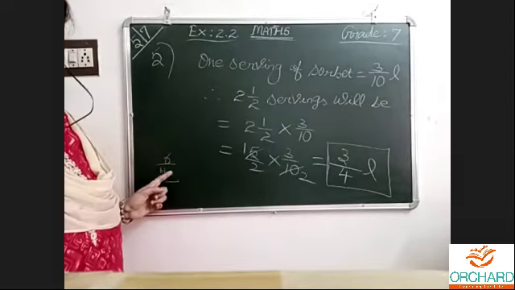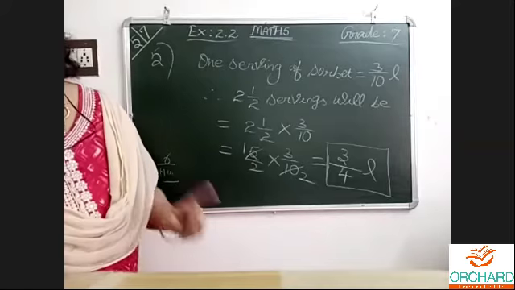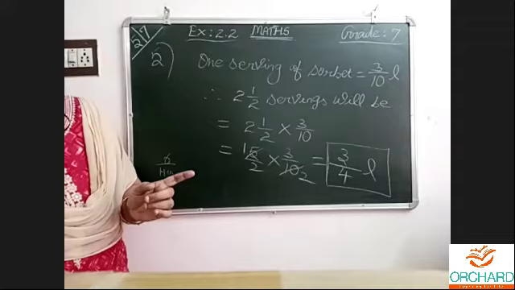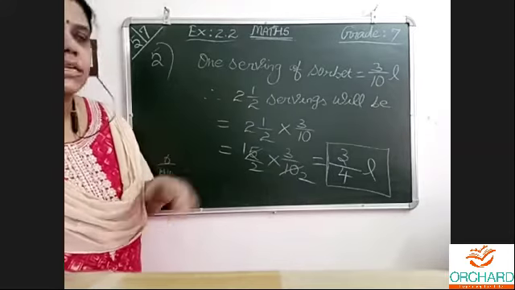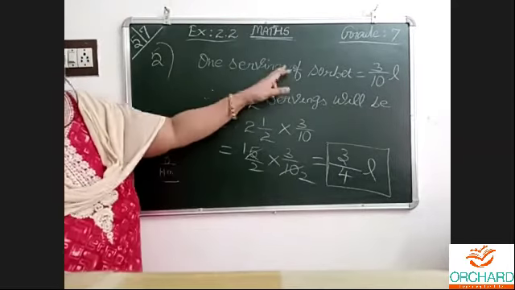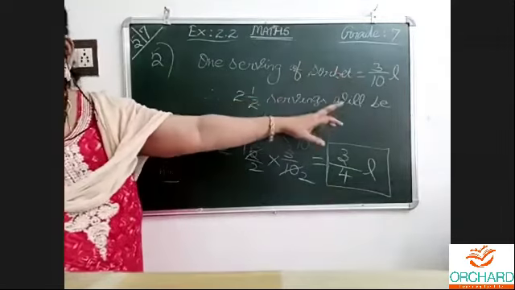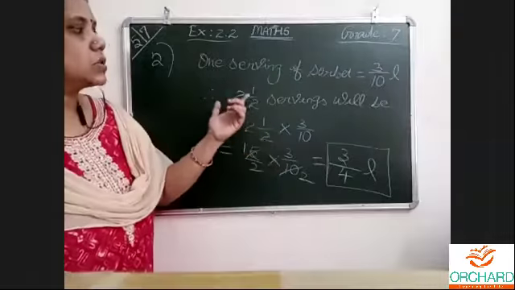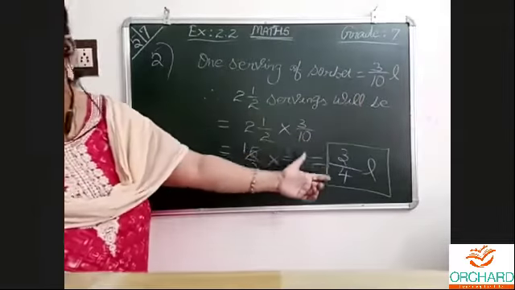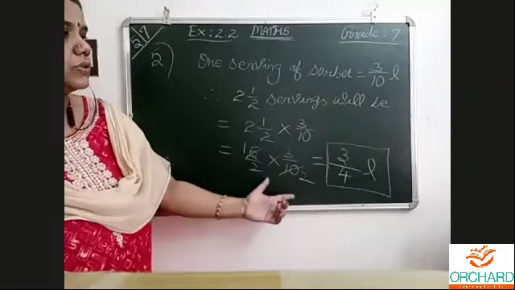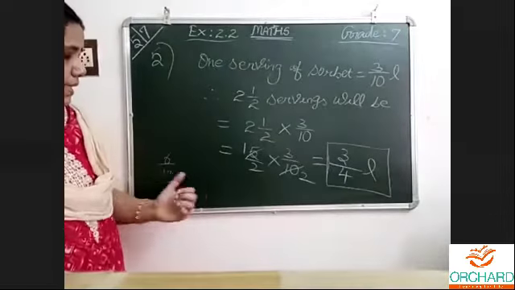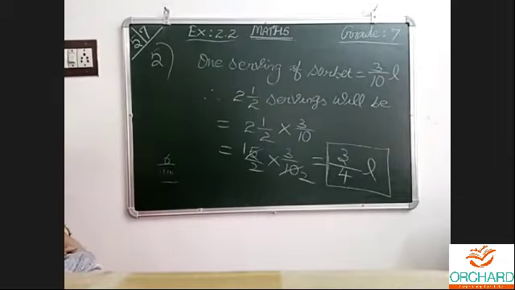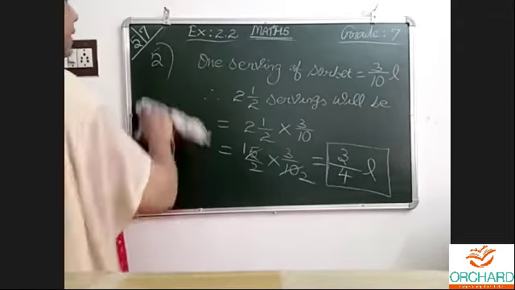Image, no? So the 6th one, a basketball weighs 1 5 by 8 of a kg. How much will 16 basketballs weigh? Same type of question. Weight of 1 basketball is equal to 1 5 by 8. Therefore, 16 basketball weight, 1 given, more asked, so multiplication. So 16 multiplied by that mixed fraction, 1 5 by 8, you have to do the cancellation and get the answer. That is the homework sum. We are not going to do it now. That is question 6. Now passing on to question 7.